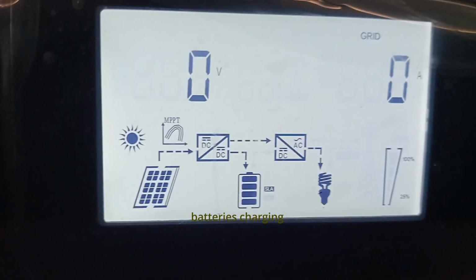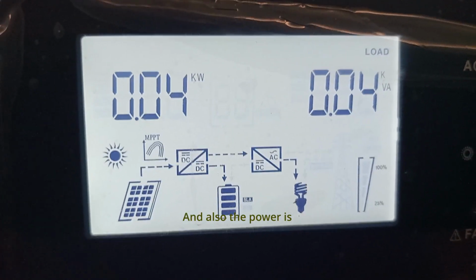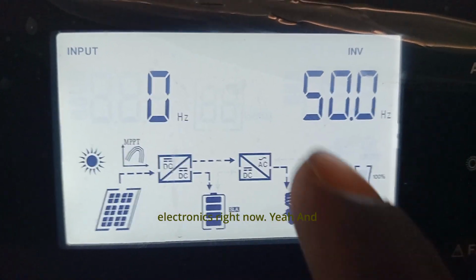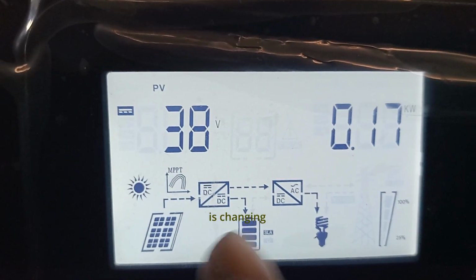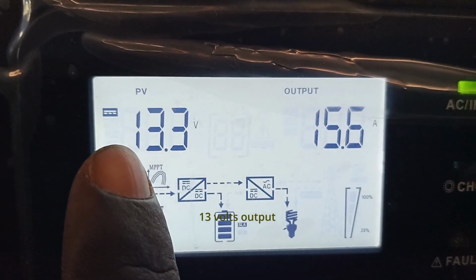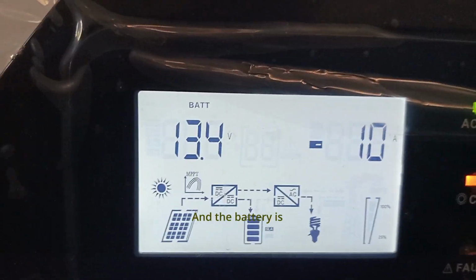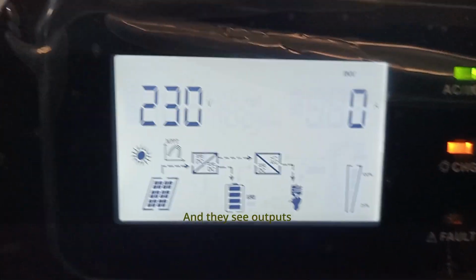So let's check this display here. You can see the battery is charging, and also the power from solar is directly powering the electronics right now. Here, the arrow, and the other one is charging. So we have PV 13 volts, output 15.6 amperes, and the battery is 13.4 volts, 10 amperes, and AC output